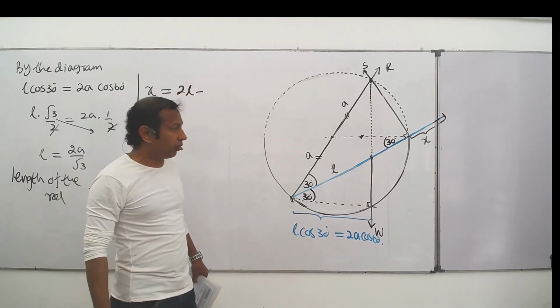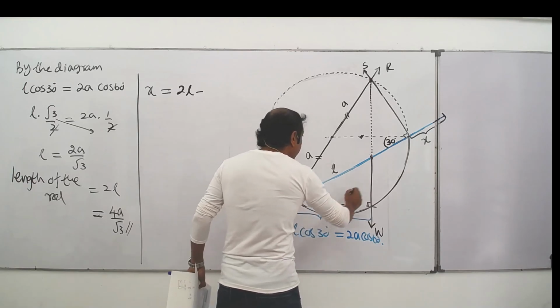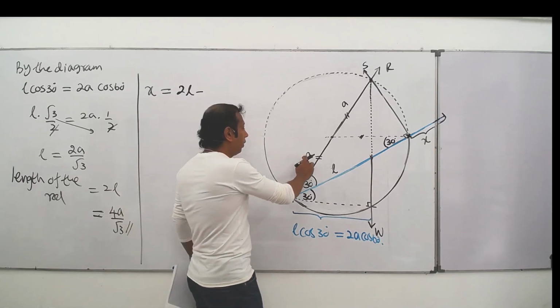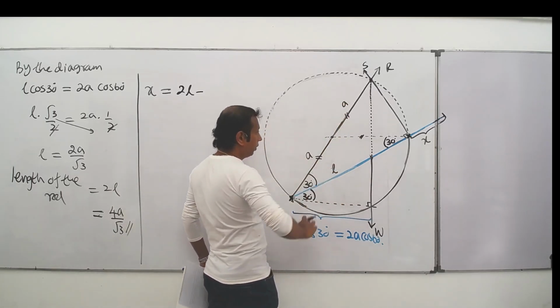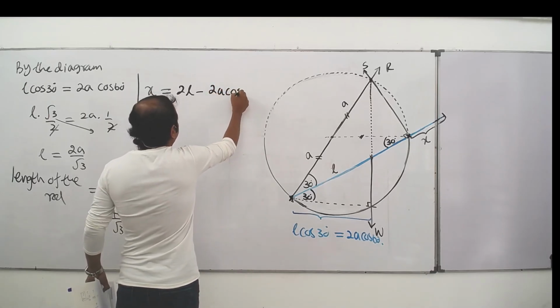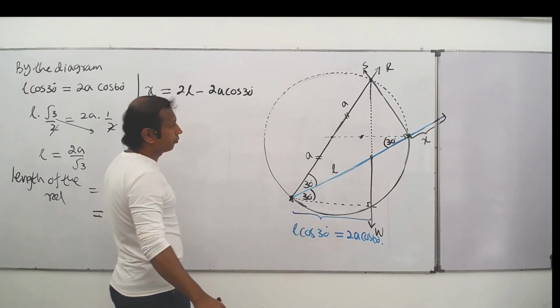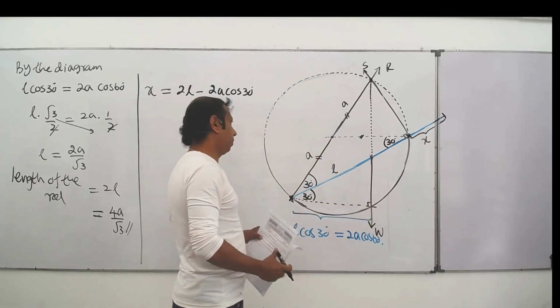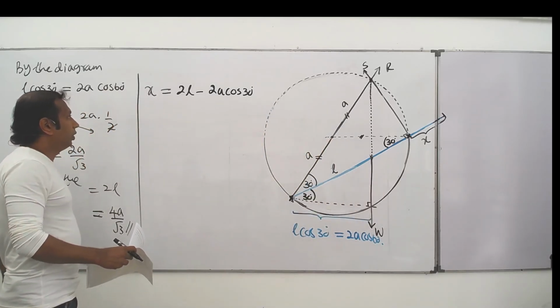minus. We have to subtract this from here to here, this part. That part is going to be 2a, this is 30, 2a cos 30. Right, no? Whole length is 2L. From that we subtract this. Right. Then we get